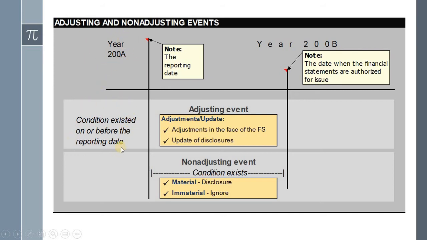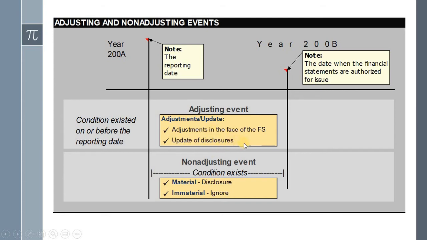If there is a condition existing on or before the end of the reporting date, and there is an event that occurred between the reporting date and the date the financial statements are authorized for issue, and such event is related to that condition that existed during the current reporting period, such event is considered an adjusting event. The adjustments may include adjustments in the face of the financial statements where amounts presented need to be adjusted, or just an update of the disclosure in the notes to the financial